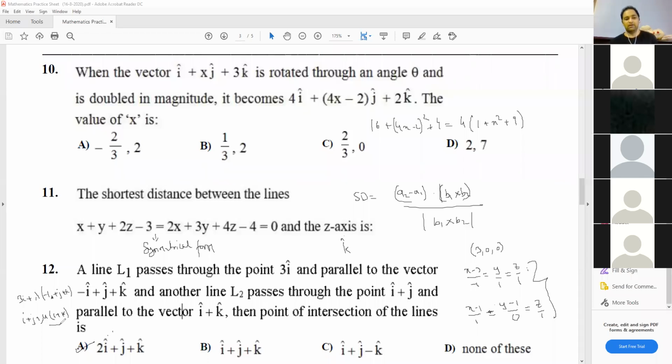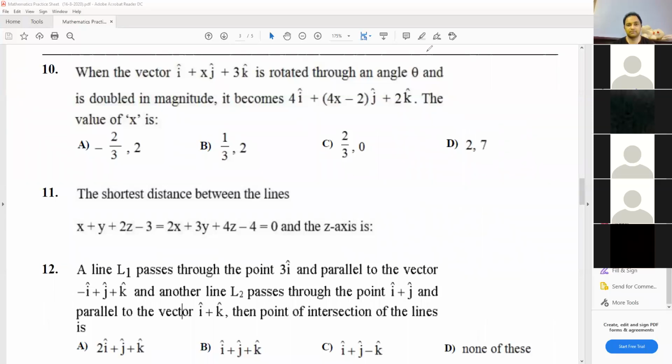Whenever the values are given in terms of the vector form, you can always use the vector equation of the straight lines and do a little hit and trial to find a common value between lambda and mu. That is, can we have a possible value of lambda and a possible value of mu for which the output of both becomes the same? Then that same output will become the common point, or the point of intersection. I hope this part is clear to everyone.